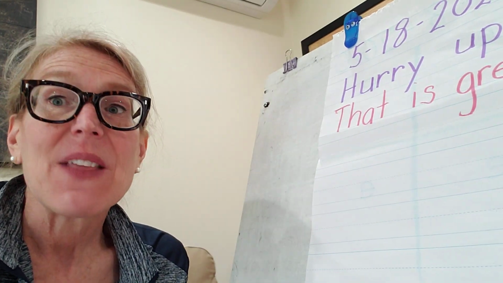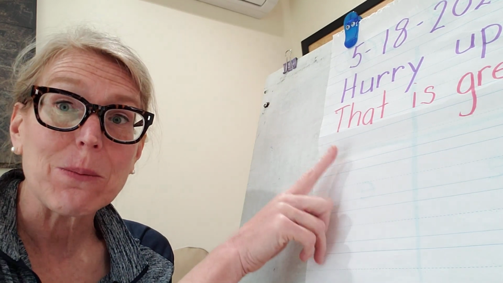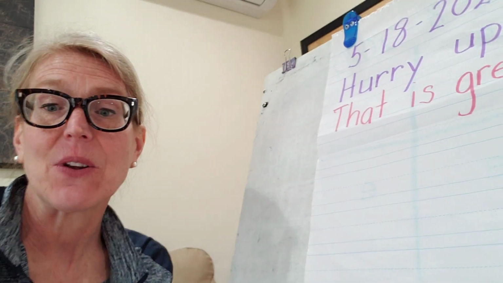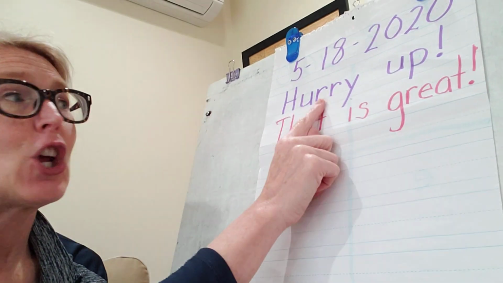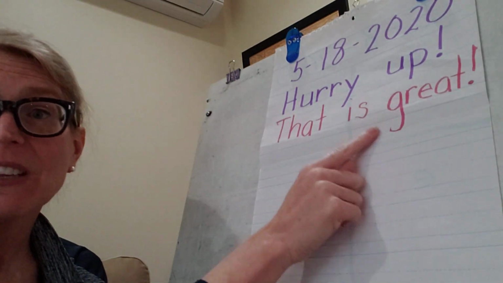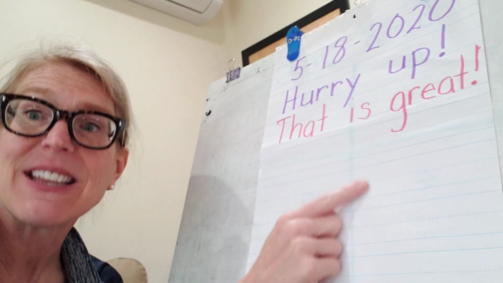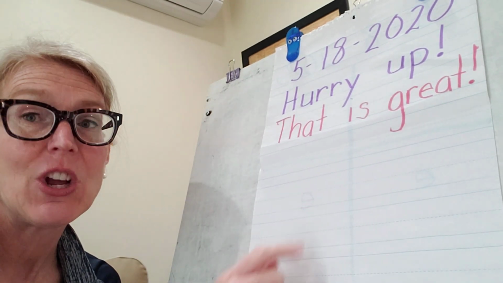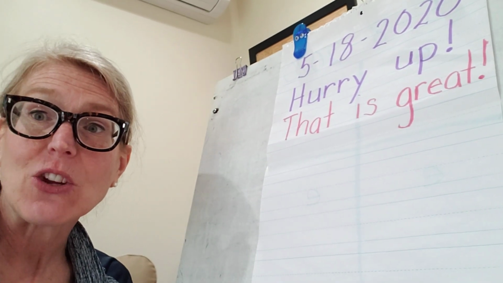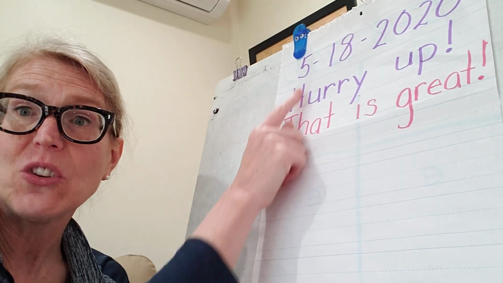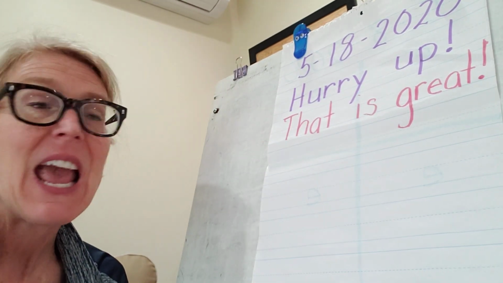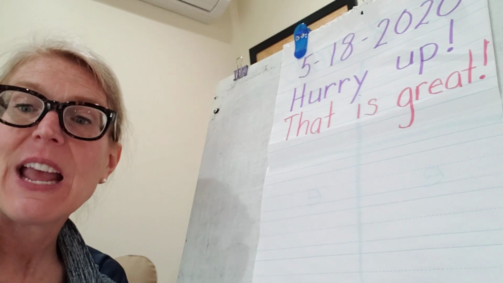Okay, so then on Flipgrid, you're going to share with me from your copybook either that you decided to write hurry up, and then you're going to tell me about your picture, or you're going to choose that is great, and you're going to show me the picture. So on Flipgrid in your copybook, I should see one of the two exclamation sentences, and then I will see a picture that matches that exclamation. Okay? All right, great job, my friends, and I'm looking forward to seeing your work on Flipgrid.